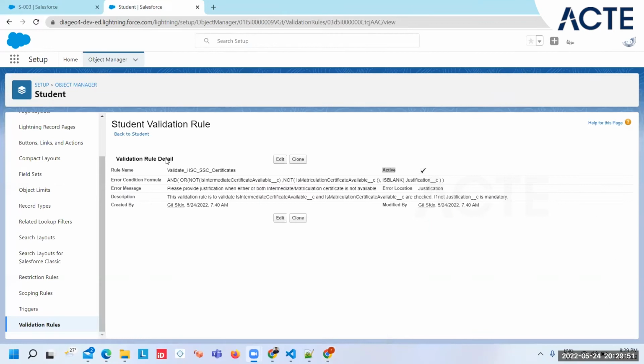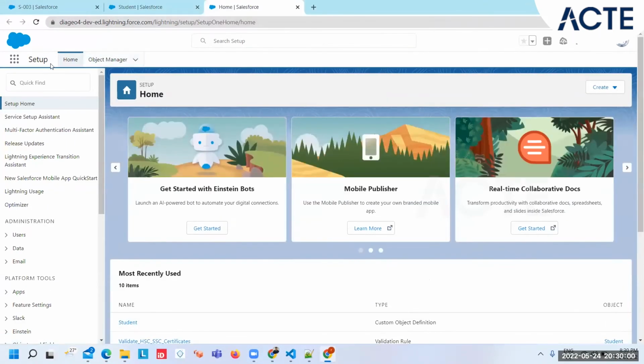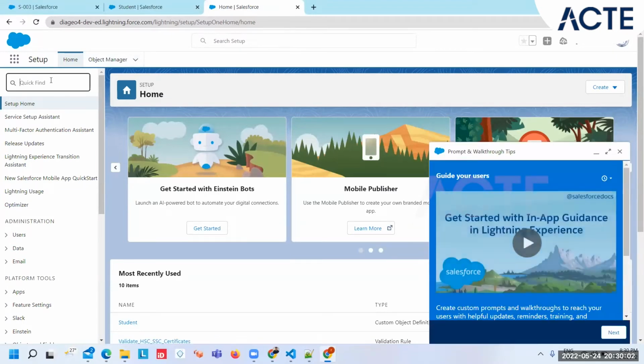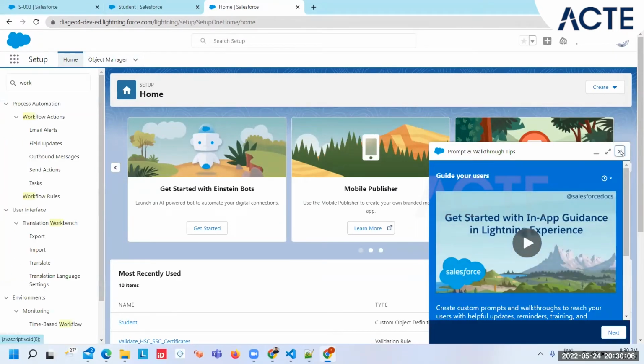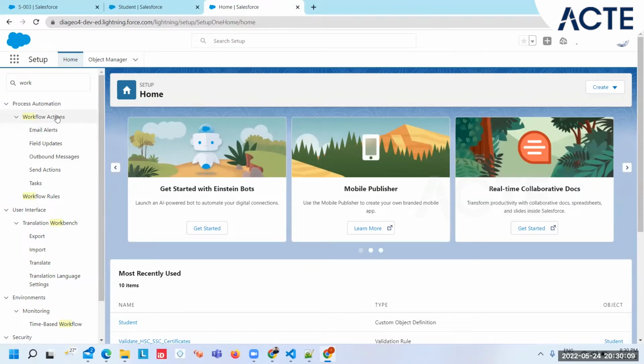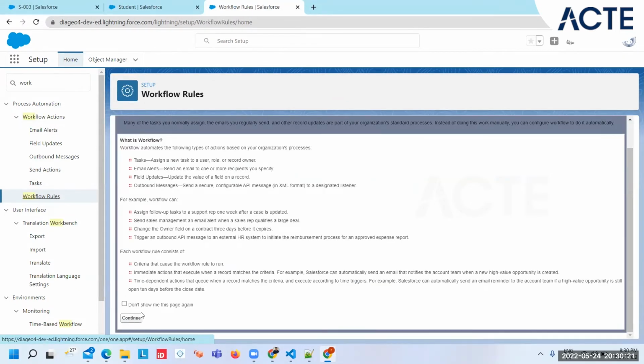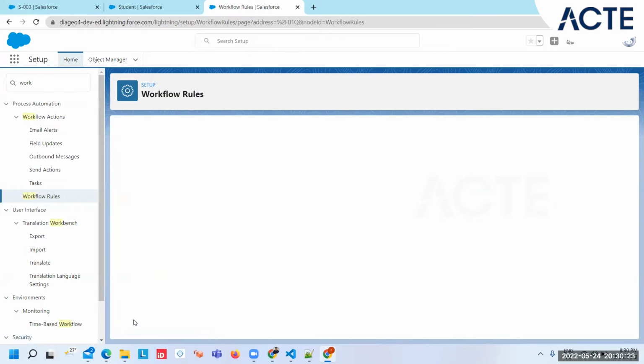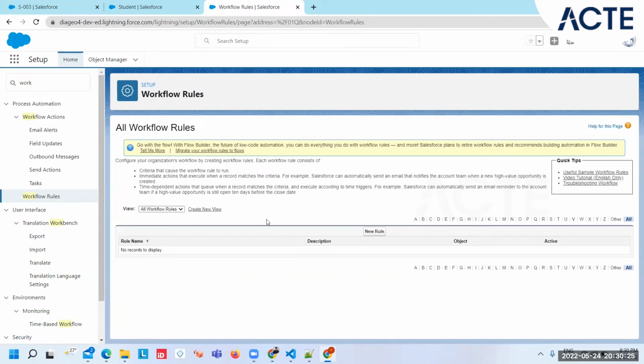Okay, so once you come to the setup part, and in the quick find you have to search for the workflow. So you can see it's showing us workflow actions. So these are the options, and then we have the workflow rules. So just click on the workflow rule, and you can read that one later on. It's totally fine. Okay, now our use case is whenever we are creating the record,